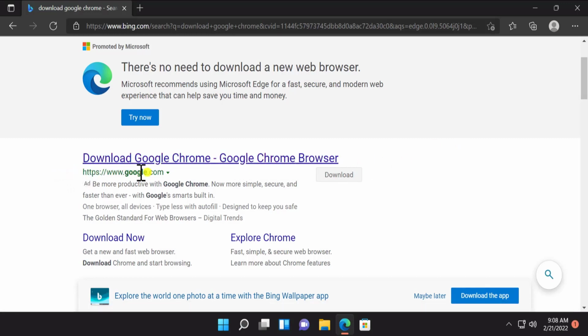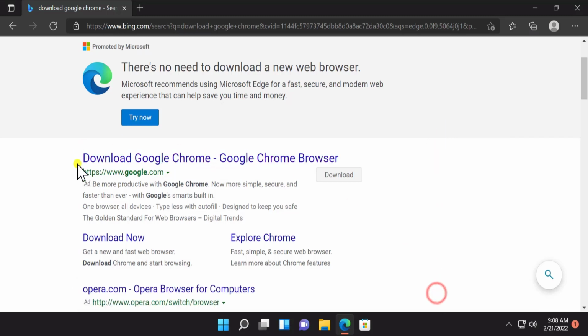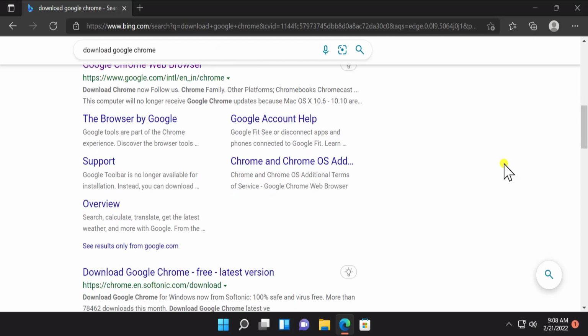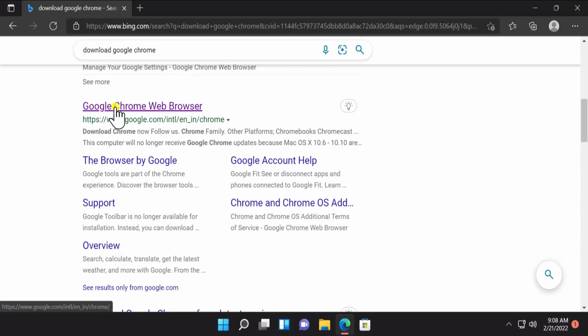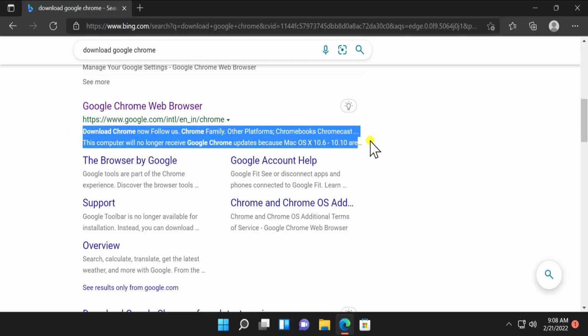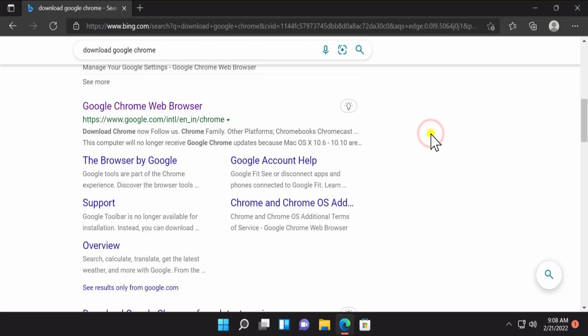It says it's a Google Chrome website, but I do not want to go with any of the links in here because this is an advertisement. Here you can see this is an ad, so you simply have to scroll down and search for something like Google Chrome web browser. Once you have this option, this is the description of that link, download Google Chrome now for us, and you can read this and find this information. Afterward, click on this link